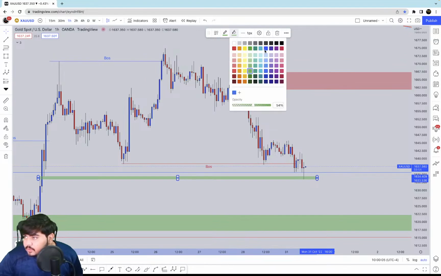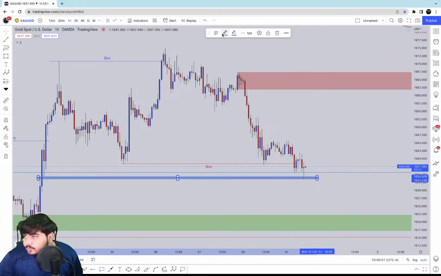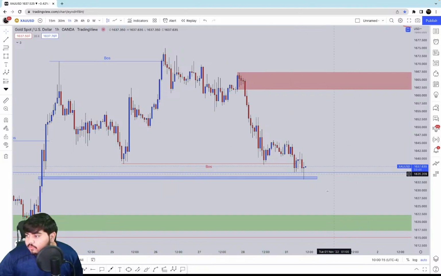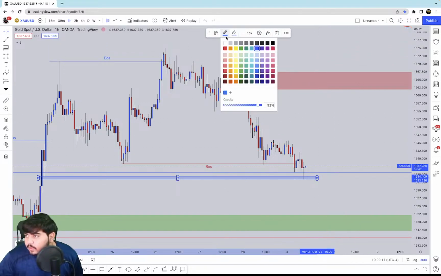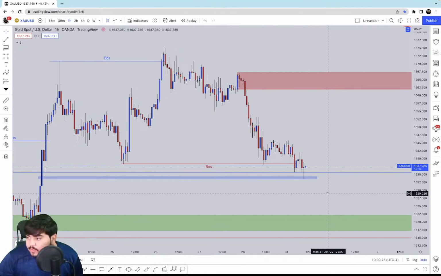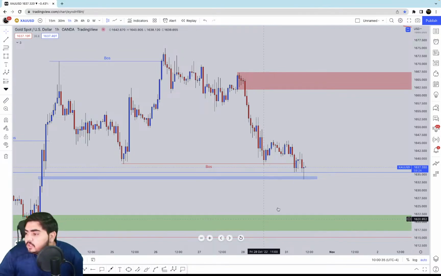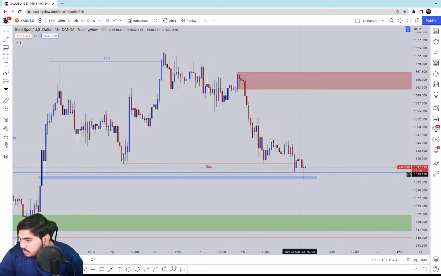Let me just adjust this right here. Okay, there we go. This is basically an imbalance zone, and we can see how market tested this imbalance, and now it's pushing higher from this area of imbalance. Okay, so if the market is pushing higher from this area of imbalance,